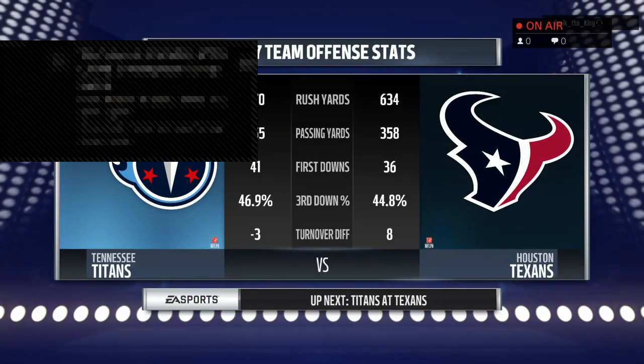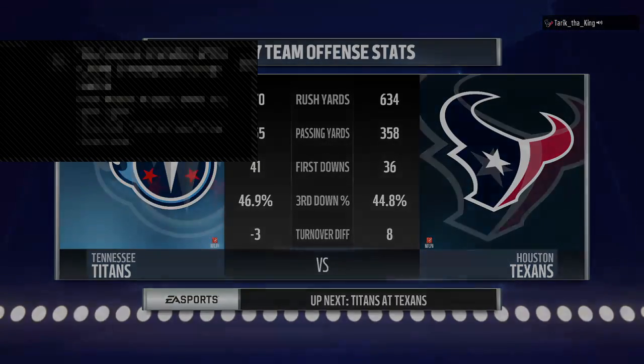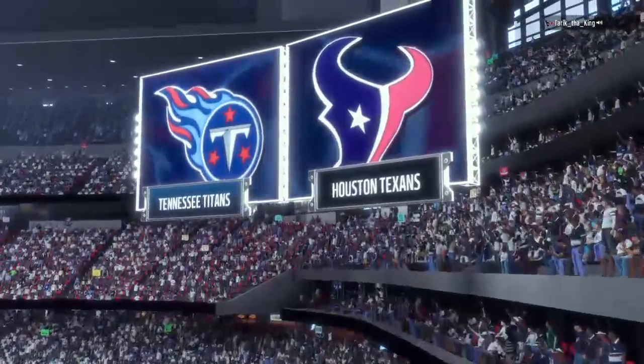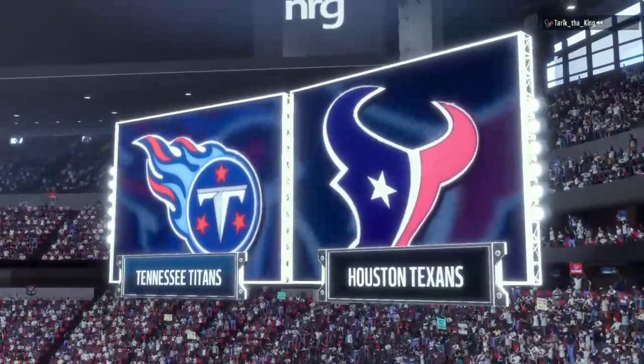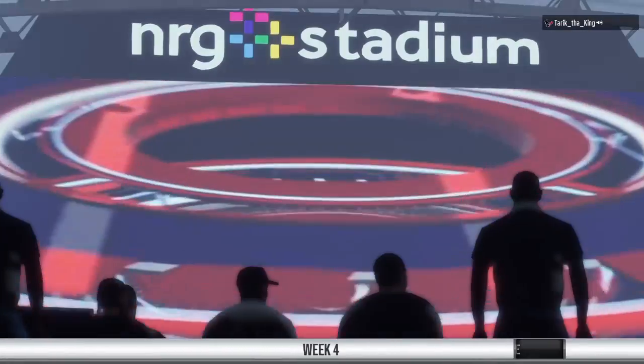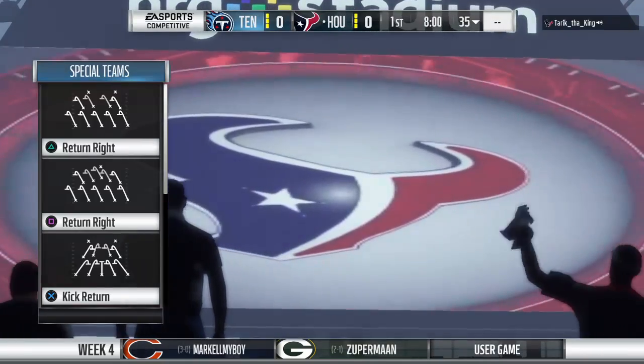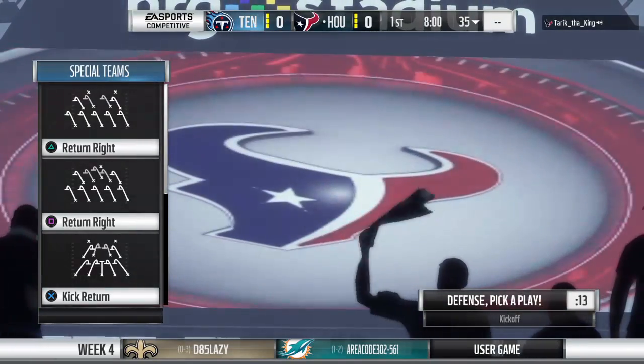This is Madden 18 on EA Sports. As we head towards kickoff, two quarterbacks will be on the field today trying to push their team to victory. It's the Titans going up against the Texans. All right, thanks, Larry. EA Sports coverage of the NFL brings us to the heart of Texas and NRG Stadium